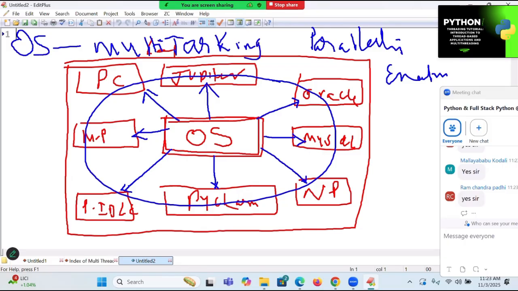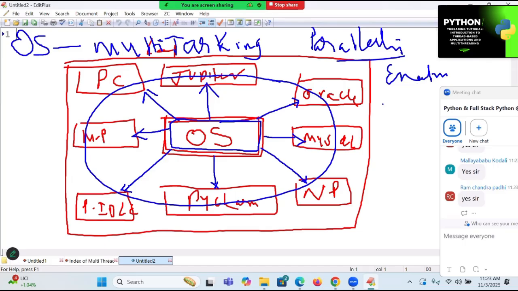What is meant by multitasking? The name itself says that a single software is providing the services to all my opened apps. Are they providing services one by one or all at once? All at once. That is known as simultaneous execution or concurrent execution.